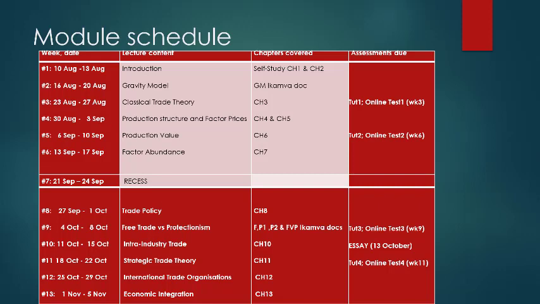Chapter 9 is different from the textbook in a sense, but quite similar: it's an expansion on trade policy. It looks at the idea that trade models do not apply trade policy.